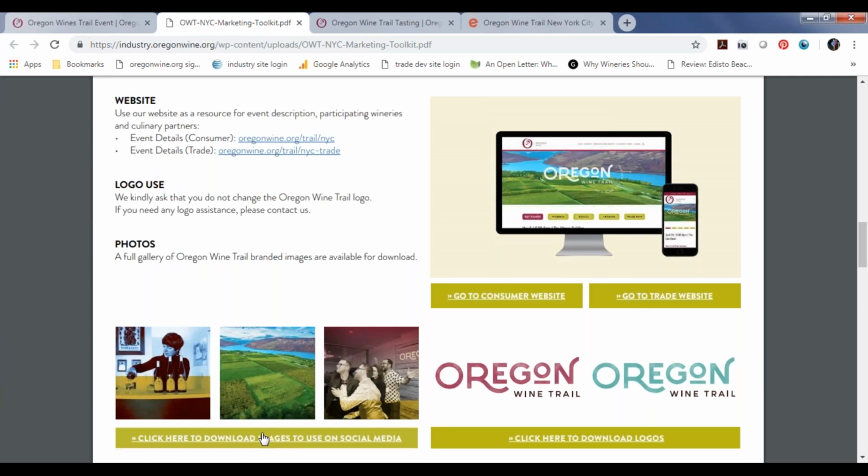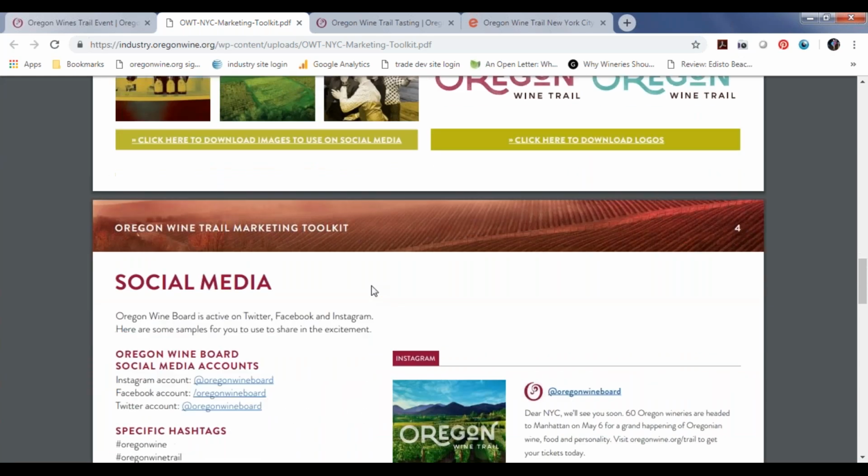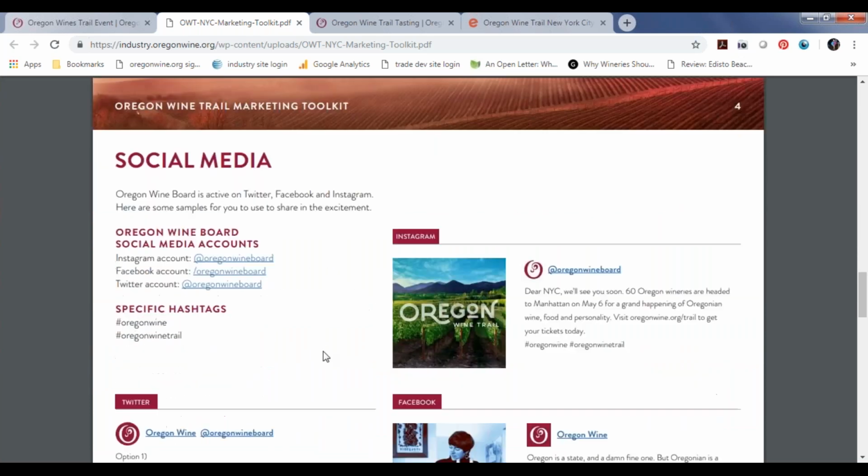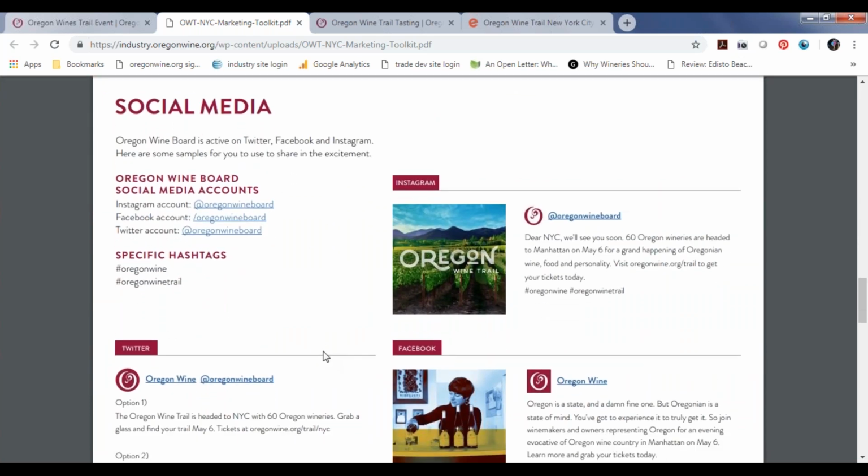This link here will take you to a Dropbox folder that's full of images. Some are pre-sized for Instagram, some are pre-sized for Facebook. Others are waiting to be customized. There's our logo in a number of different colors at the end of this link. All the materials you would need to take the branding and identity that we've built and either use it as is or incorporate it into your own materials.